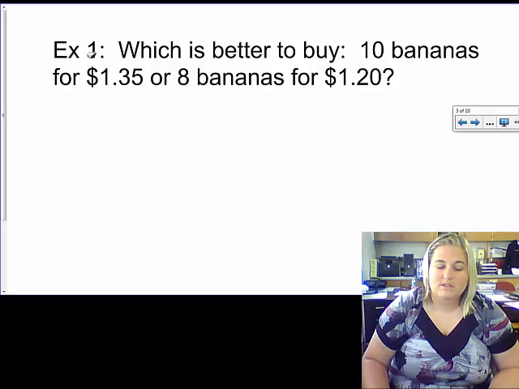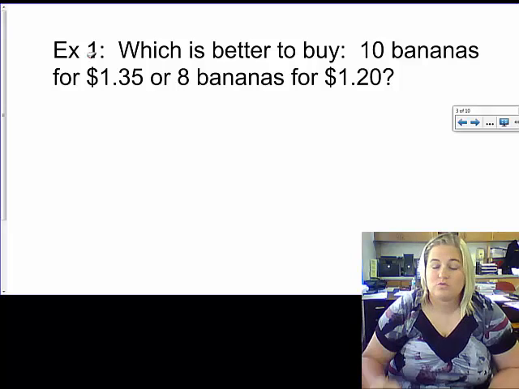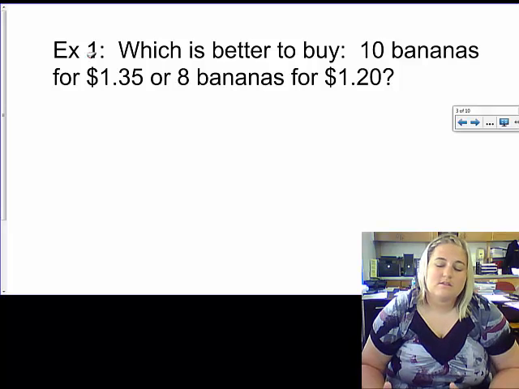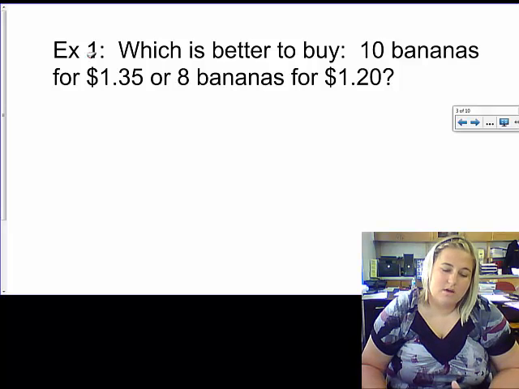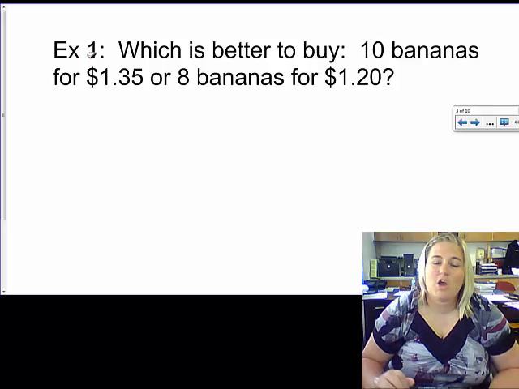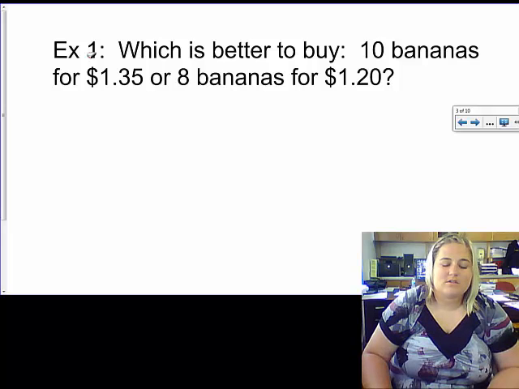So it says, which is a better buy? 10 bananas for $1.35 or 8 bananas for $1.20. So what you need to figure out is, it's hard to do it just by looking at it because 10 bananas is more, but so is $1.35. So we have to know how much we're paying per banana. That's what I want to know. So I want to know dollars